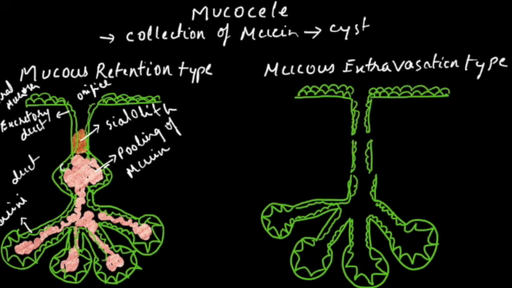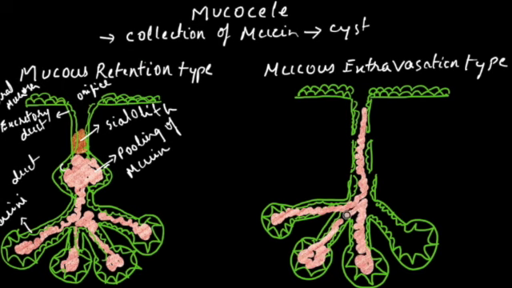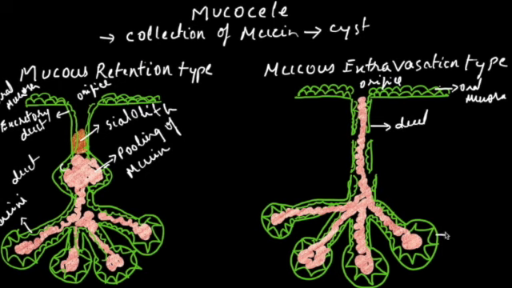Okay, now we have all this system established and the saliva being produced by the salivary acini. Let's just quickly draw this saliva. So it is flowing into the orifice. Let's just label them. This is the oral mucosa and the orifice through which the saliva is pouring into the oral cavity, the duct and the acinar system. This is the acini. Now in extravasation type, there is severance of the duct.